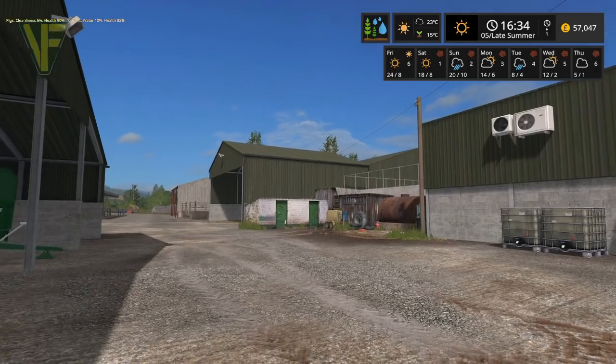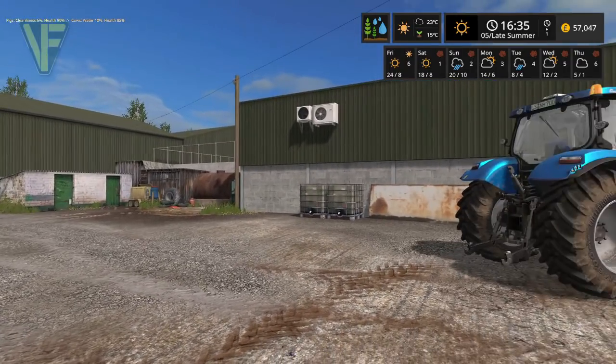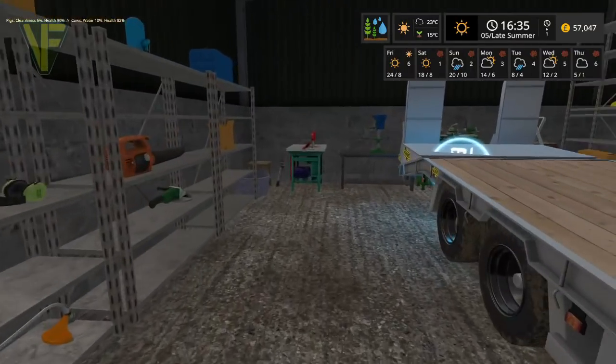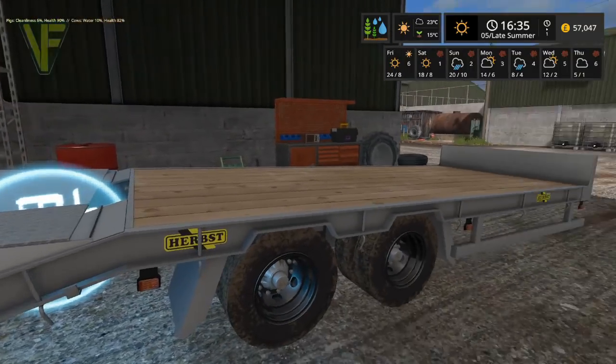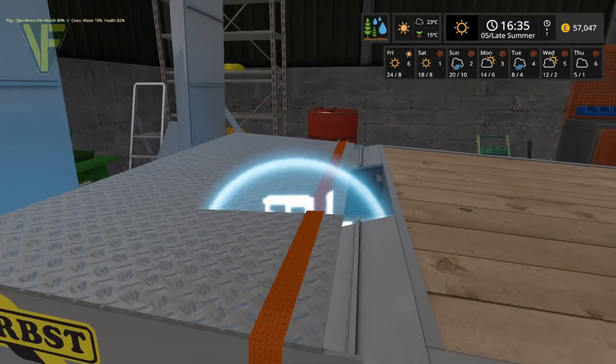Hello and welcome along. Today we're back on Oakfield Farm and we're out here because we have our T7 here, and just here we have our Herbst flatbed trailer. We're going to make an alteration to this because the first thing we have to do today...